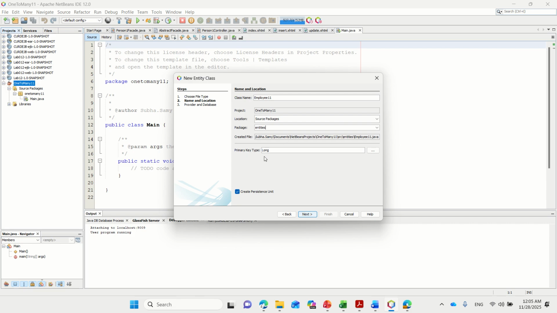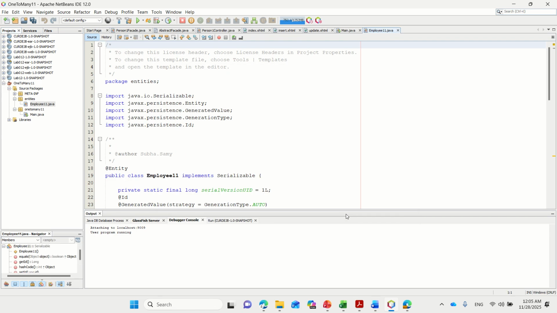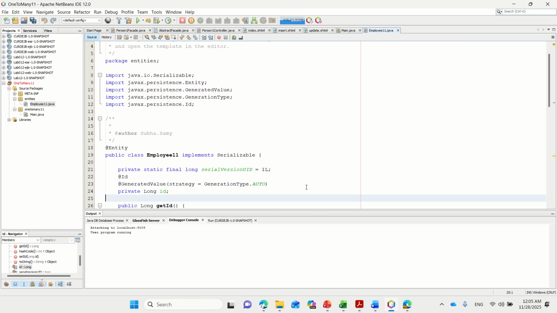Here the primary key is already given as long. The persistent unit name you just keep. For the database, you add the Sun App Server database. Create and finish. Now in the entity class I'm going to create some fields. The fields I'm going to add are first name,